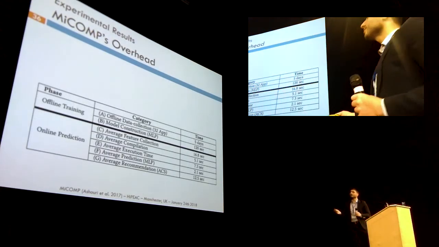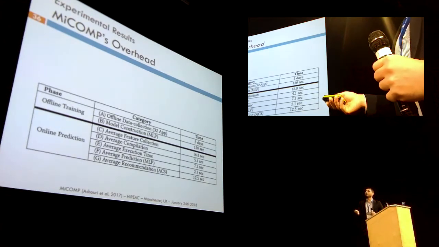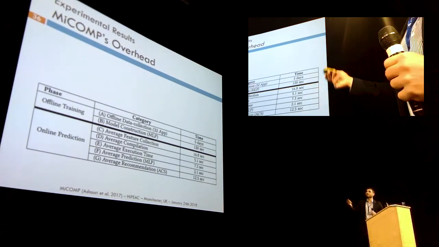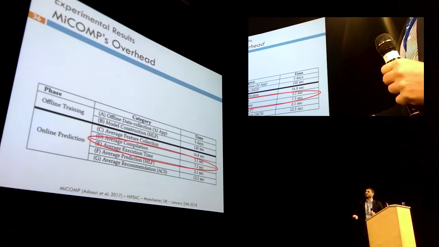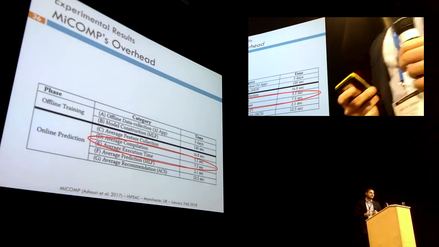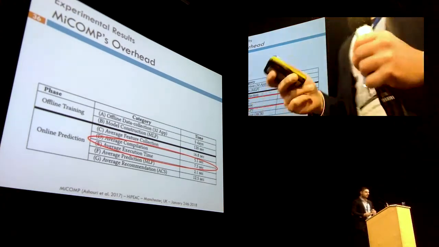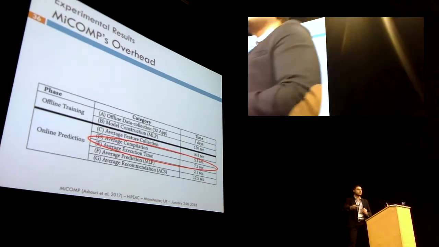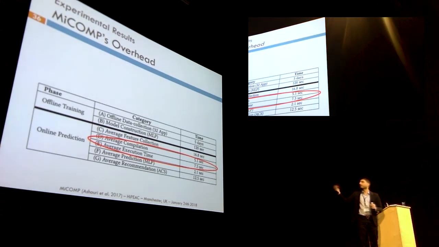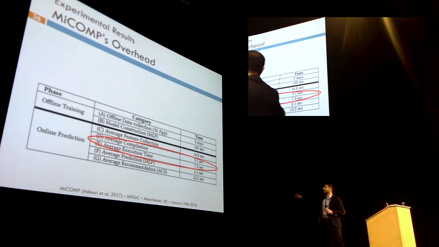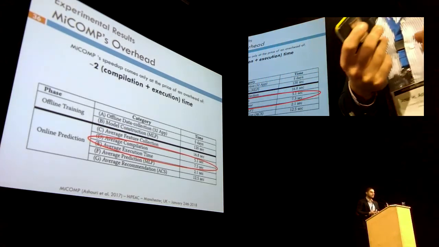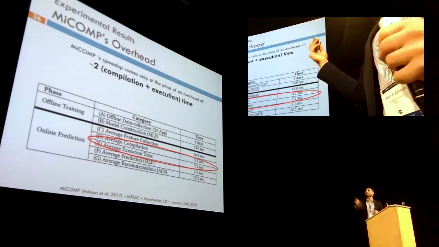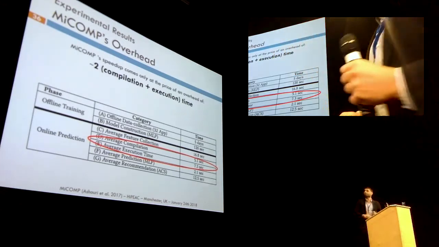All right. As an overhead, I put the whole offline training and online prediction. Offline training was done only once, so you don't have to redo it. But for online prediction, you just have to take into account the average compilation and execution time. If you exclude that, because anyway, if you did not want to use MiCOMP, you had to compile the list and run it once, you have to deduct these 2 numbers from the rest of the 5, so it accounts for around 2 compilation and execution times. So if you use MiCOMP, that's the overhead you have to pay,